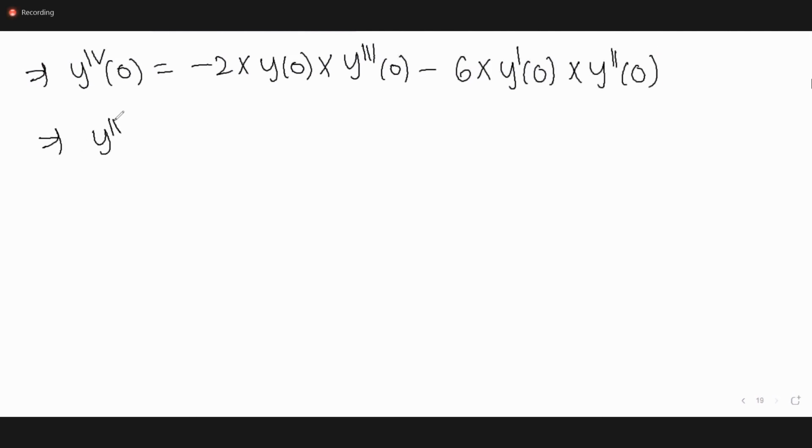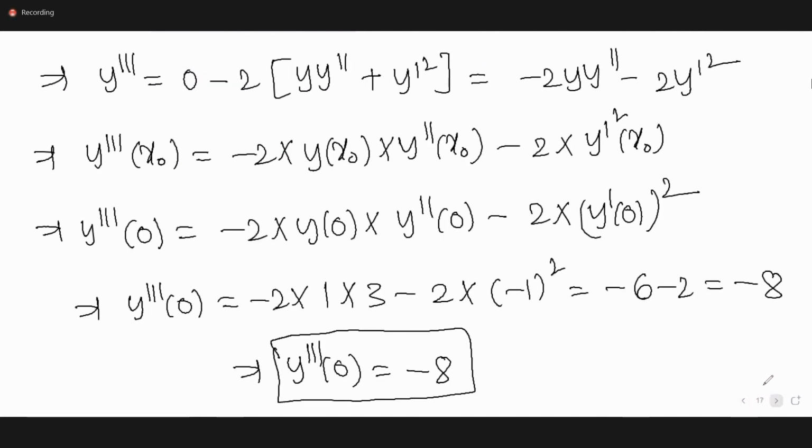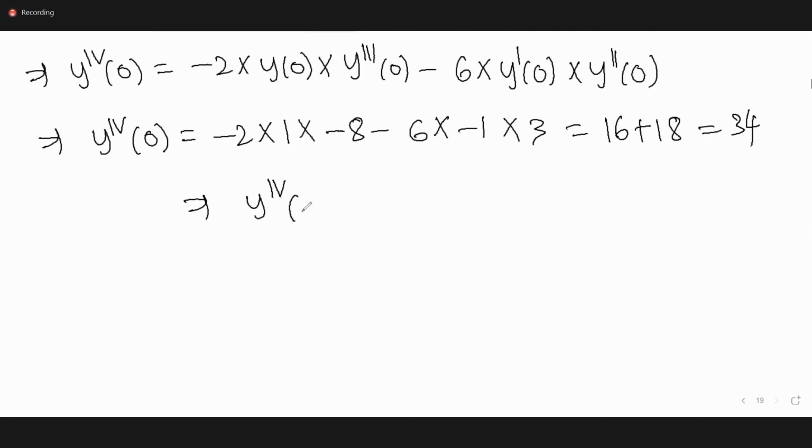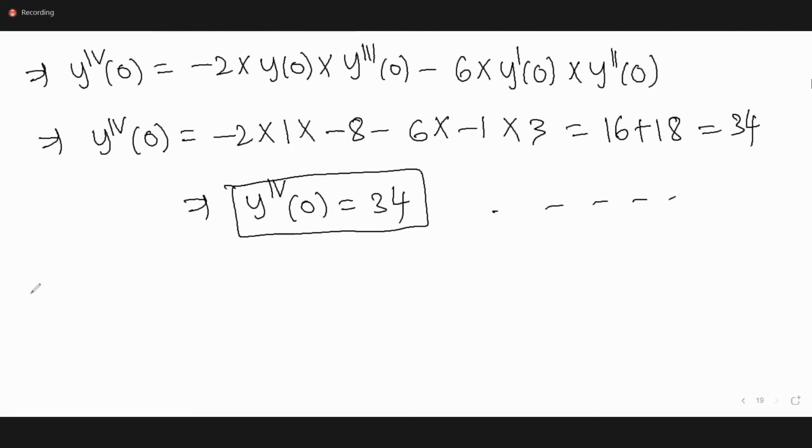So y fourth derivative at 0 is equal to minus 2 into 1 into y triple dash of 0, minus 8. 6 into y dash of 0, minus 1. y double dash of 0, 3. So this is plus 16 plus 18, that is 34. So y fourth derivative at 0 is equal to 34. Also, therefore, the Taylor series expansion,